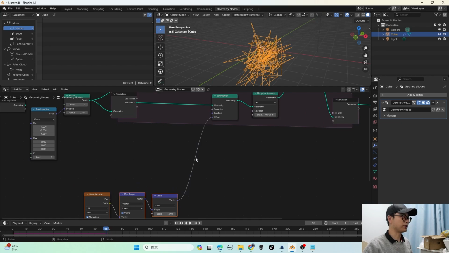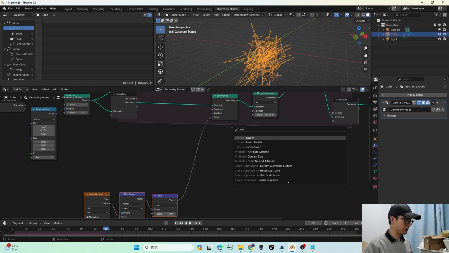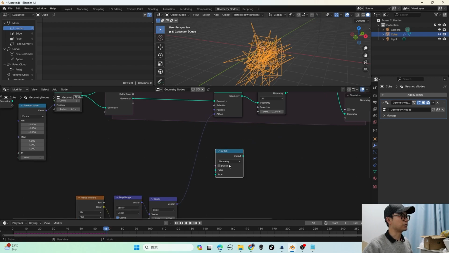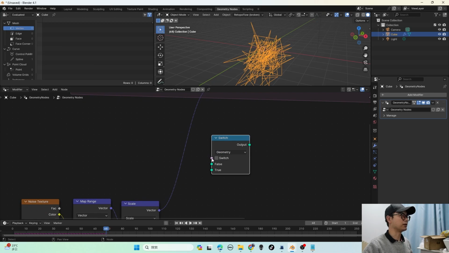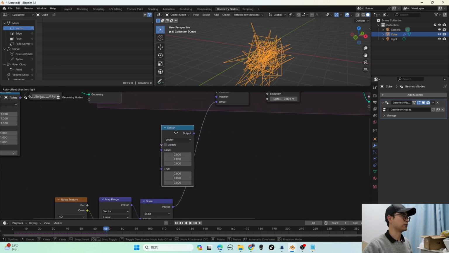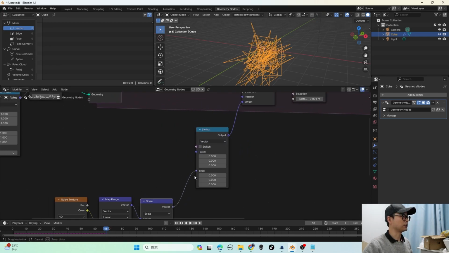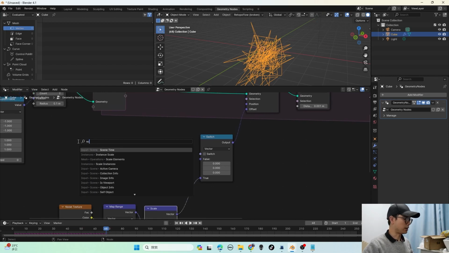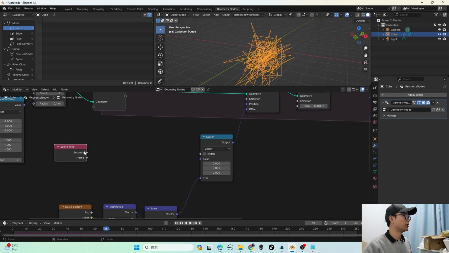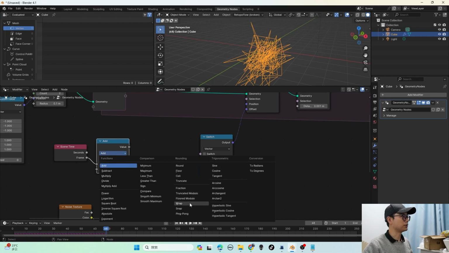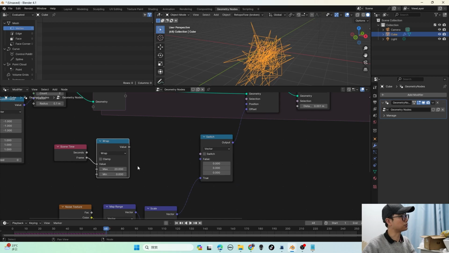In the demonstration video that I made this effect, you may be curious how to make that, so I will show you here. Here it comes. So I will use a switch. I will choose from 2 values by a pink selection. I will choose the vector, choose 2 vectors by selection, and change it to true. So here I will use scene time, and here I will use math, as I will choose to wrap, like 20 to 1, 20 to 0, and